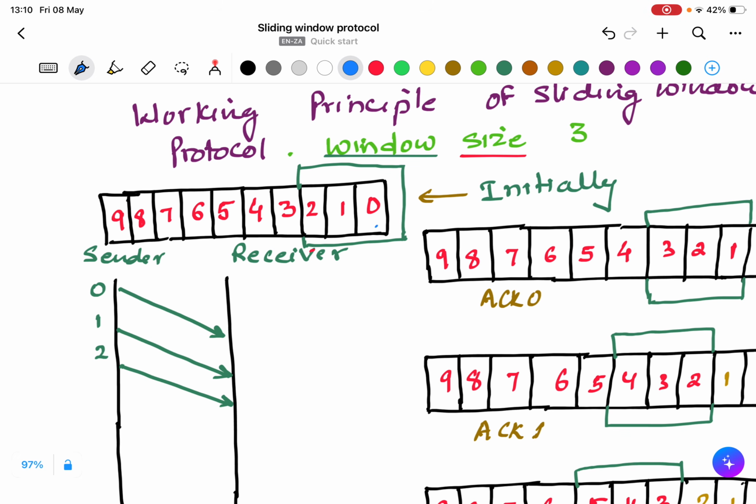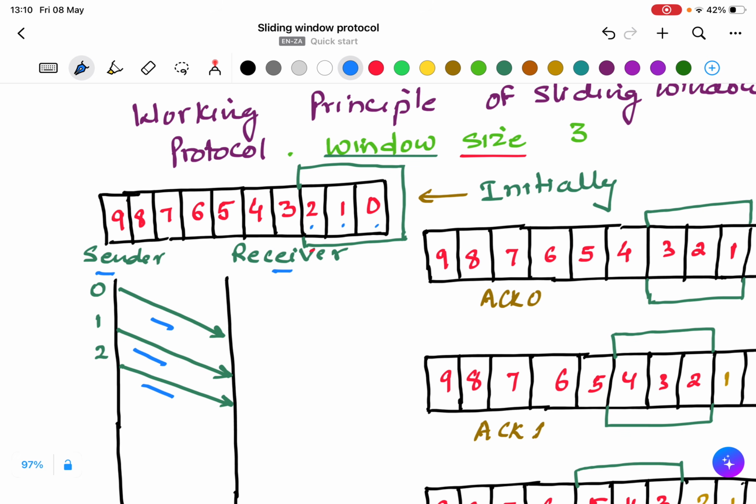It starts from 0, 1 and 2, and we have a sender and a receiver. The sender will send 3 frames together. When I say together, I mean one after another without waiting for the acknowledgement. So it will send 0, then 1 and then 2. It will not wait for the acknowledgement of 0 before it starts sending 1 and 2.